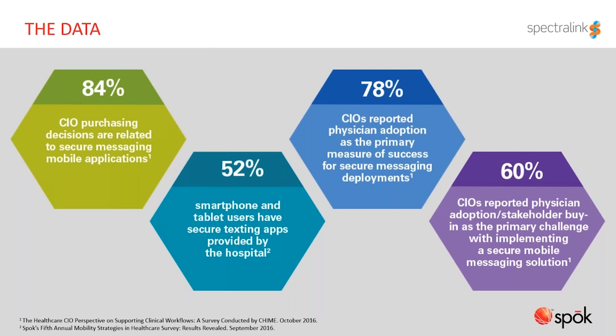We can see that secure messaging is currently a primary driver, with 84% of CIOs' purchasing decisions being related to mobile applications. So that's a really high number. This is actually followed by electronic health record integrations at 83% in this particular survey. So we're seeing that secure messaging is actually driving more decisions related to mobile applications, even more than the EHR, which is kind of surprising to me, but it just illustrates